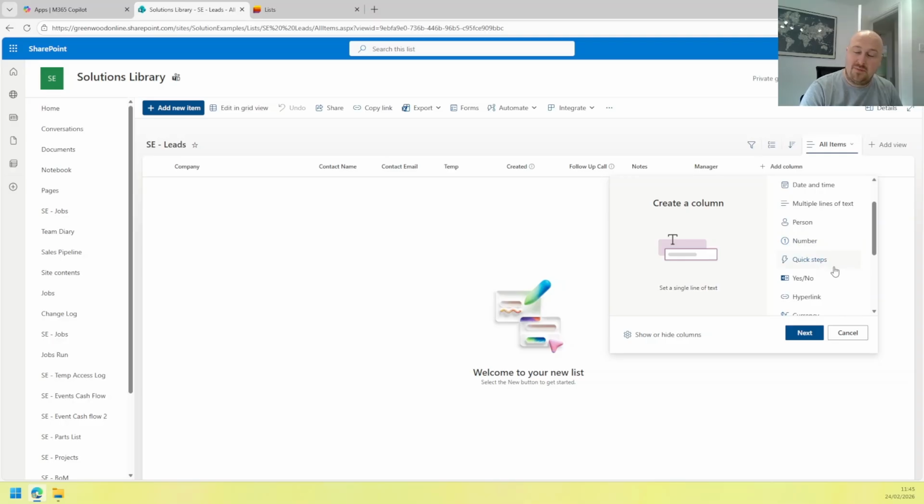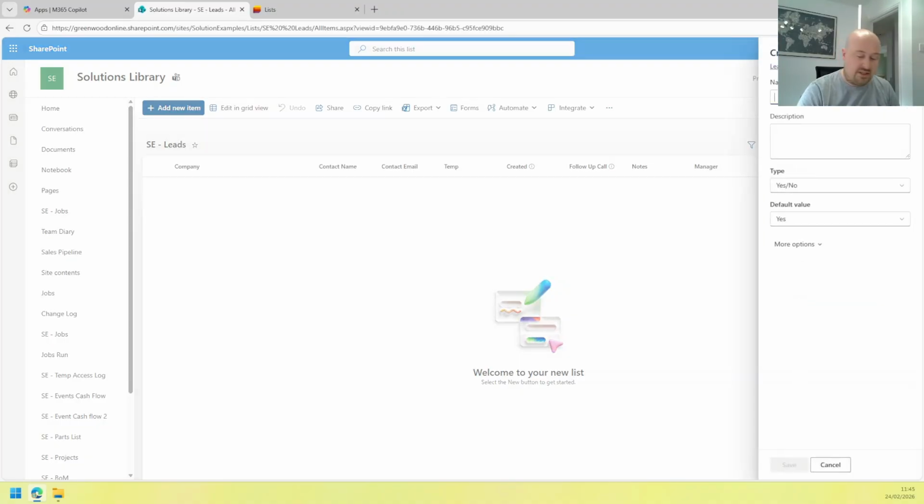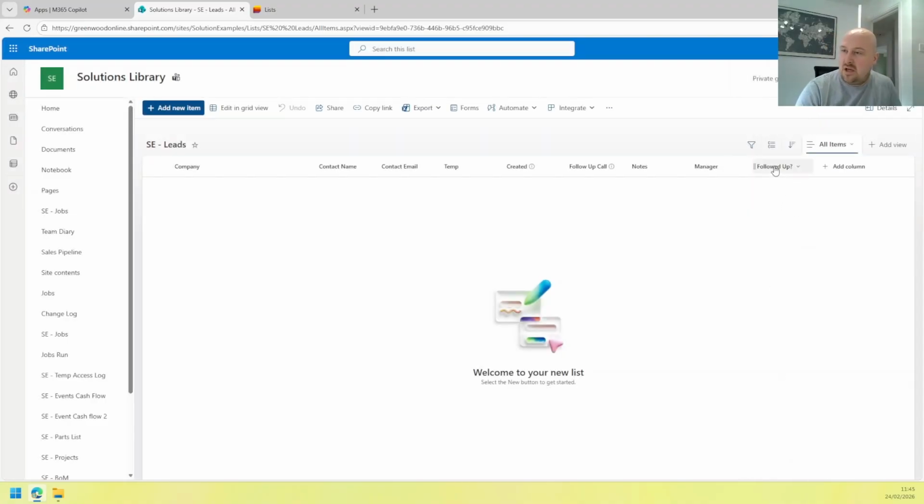Quick steps, we'll come to this later. I do want to add one. Do I want to add it now? No, I want a follow-up column first. So we'll use a yes, no for that. I'm going to go followed up, and by default it will be no. Don't want that to have data. Fine. And then I want this with my temperature, so I'm just going to drag and drop,